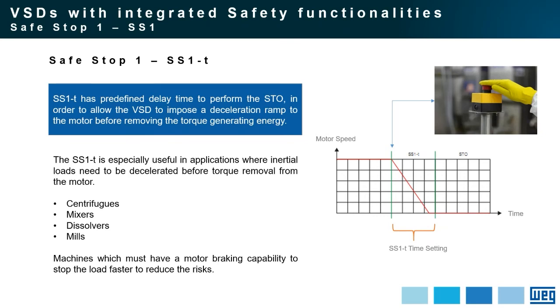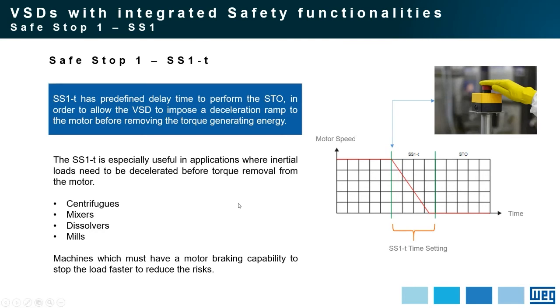So evaluating the graphic, we can see that, different from STO that simply switches off the motor, when the motor is running at full speed and we have an emergency condition, the variable speed drive will brake this motor. It means it will reduce the speed as fast as possible. And after the SS1 time setting, the variable speed drive will apply the STO, which means the safe torque off condition.